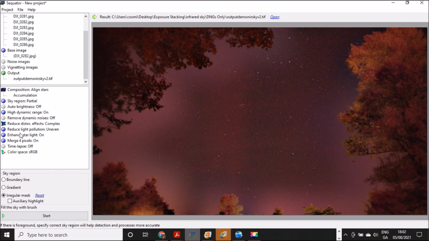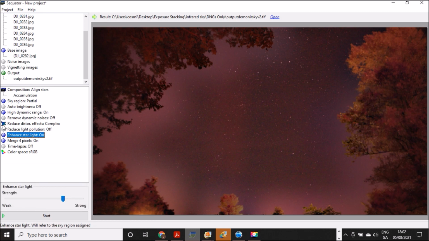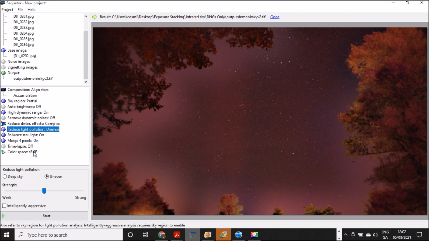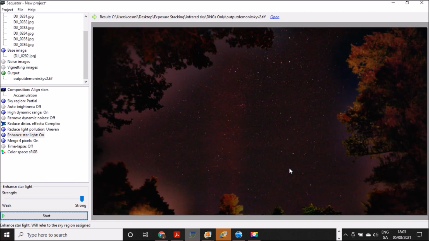We can also maybe change our light pollution setting. Maybe make it as strong as possible. Enhanced starlight, as strong as possible. And even try it again. Try that again. Yeah, much better. So yeah, you can really make out, you can even kind of make out some of the band outer